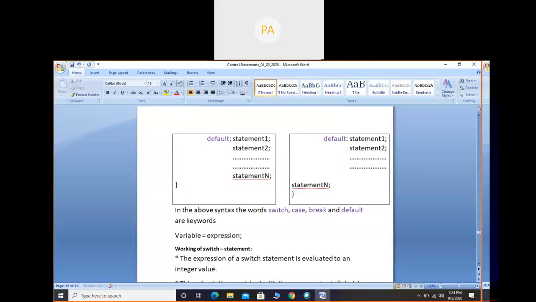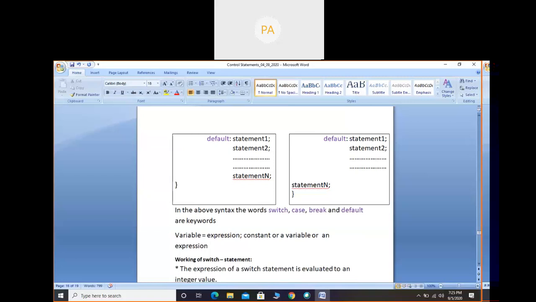So this expression can be a constant or a variable or an expression, correct? What we discussed in the assignment operator is that the right hand side can be a constant or a variable or an expression.